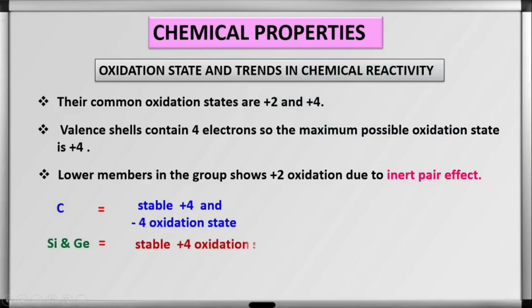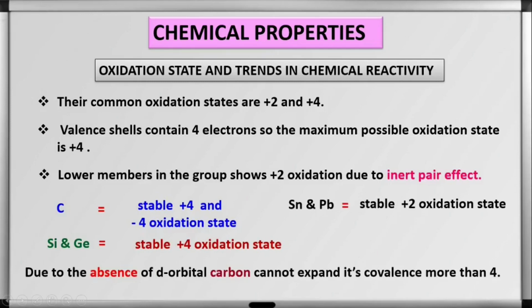So carbon shows +4, -4 oxidation state. Silicon and germanium show +4 oxidation state. Tin and lead show stable +2 oxidation state. It is because of inert pair effect. हे कशामुळे आहे, tin आणि lead because of inert pair effect they show the +2 oxidation state. Due to the absence of d orbital, carbon cannot expand its covalency more than 4. Absence आहे, d orbital अवेलेबल नाही आहे कार्बनला, म्हणून तो 4 पेक्षा जास्त त्याची कोव्हॅलेन्सी वाढवू शकत